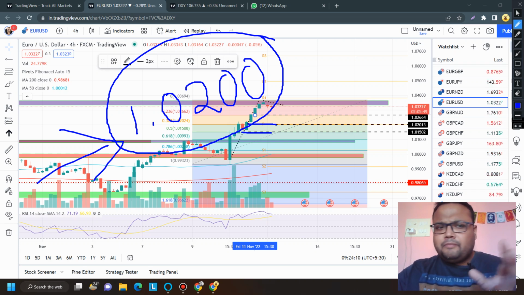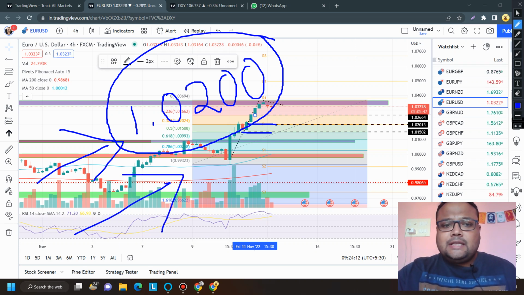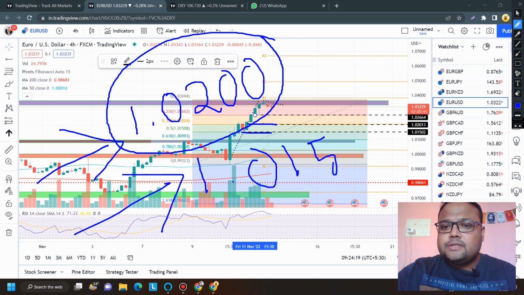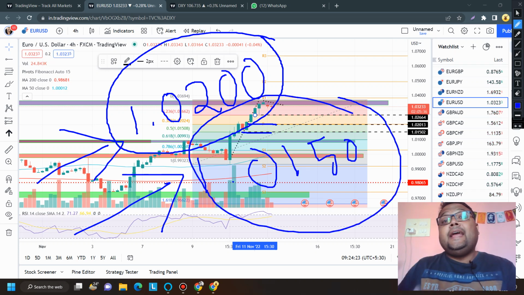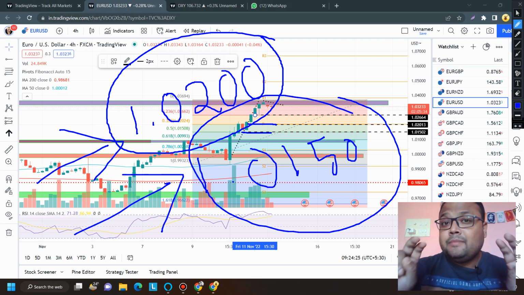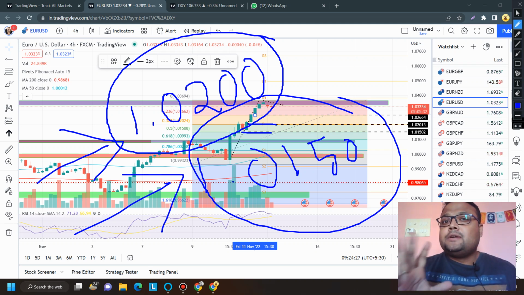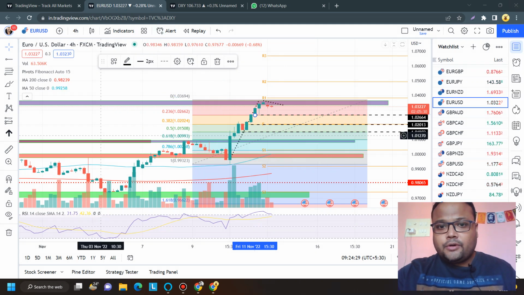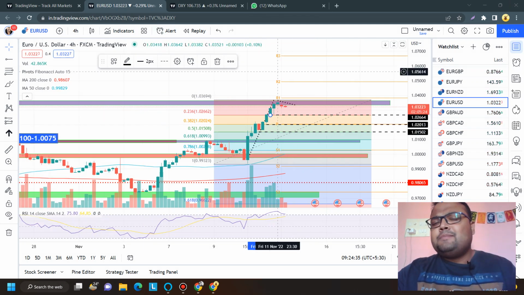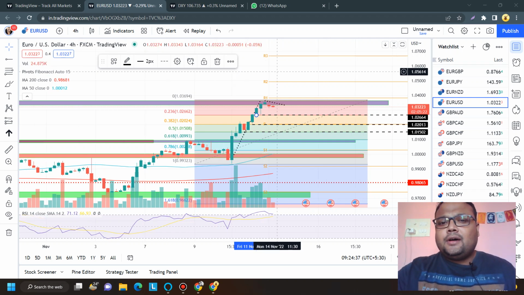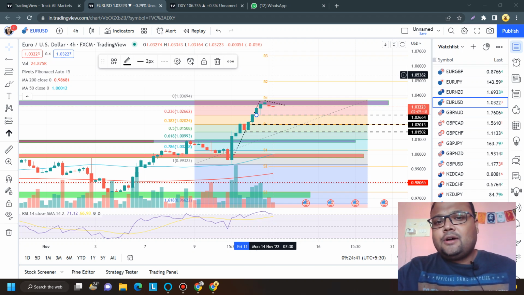And in case the market slips below this level, then you have the Fibonacci 50 level, that is 1.0150. This will act as the next good support for day trading purposes. Keep in mind, I'm repeatedly using the words day trading purpose only. And if EURUSD doesn't come down at all, if you see that EURUSD is not in a mood of coming down, then yes, there is a high chance of the market